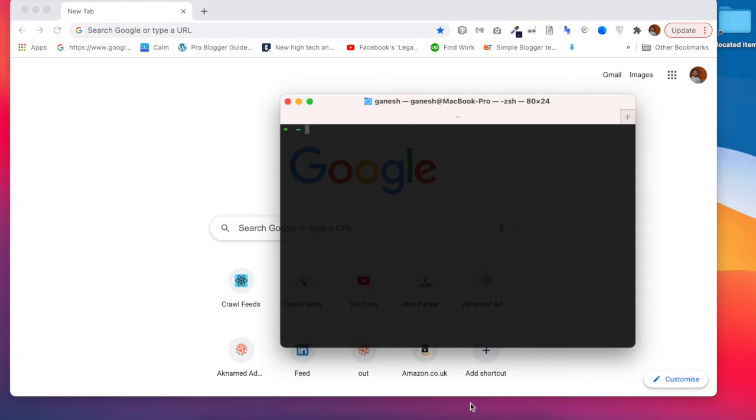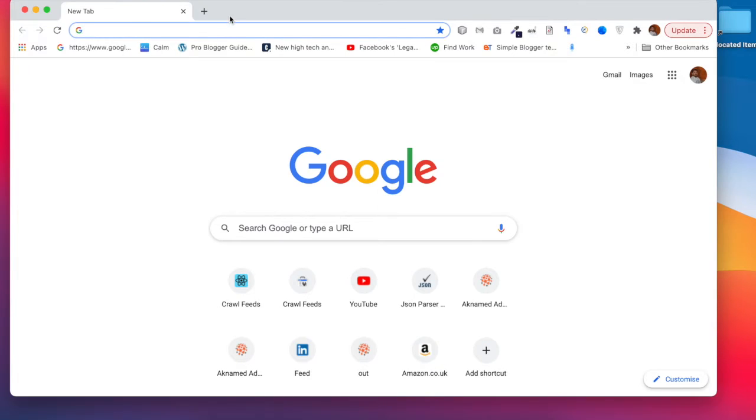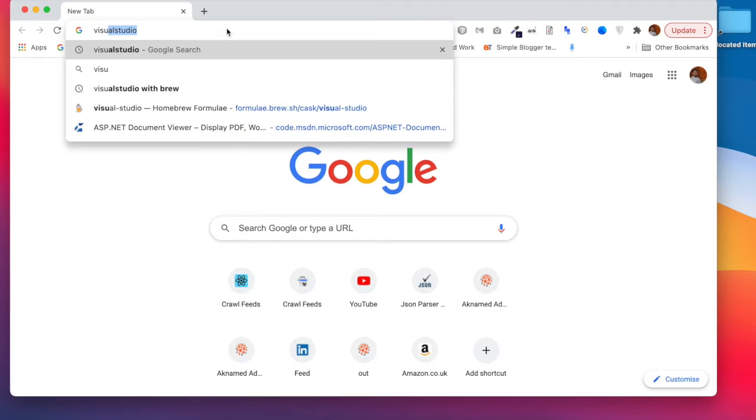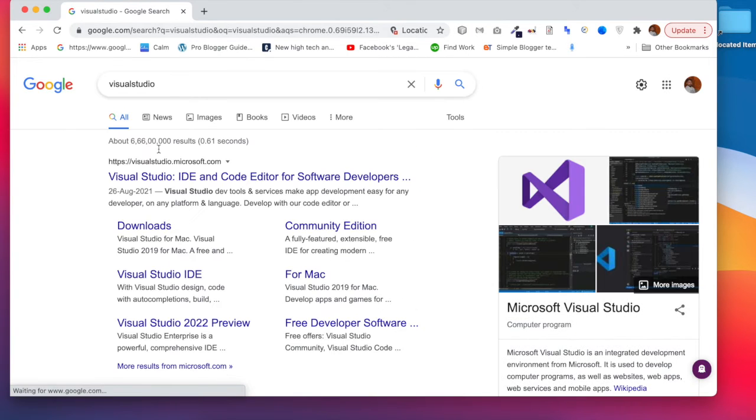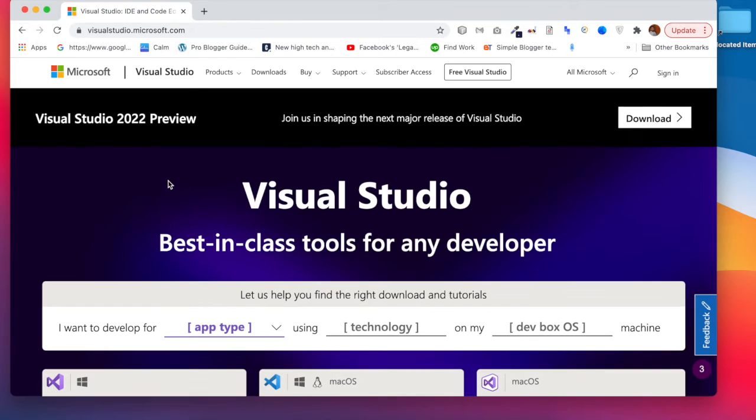And today I'll show you how to install Visual Studio Code editor on a MacBook and macOS X. And we're gonna be installing two ways, right? One is we can download a DMG file from the official website, and the other is you can install from terminal. First let's visit the Visual Studio official website, visualstudio.microsoft.com, and you can find